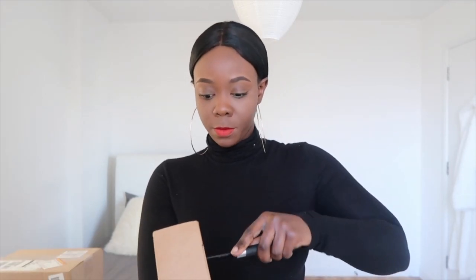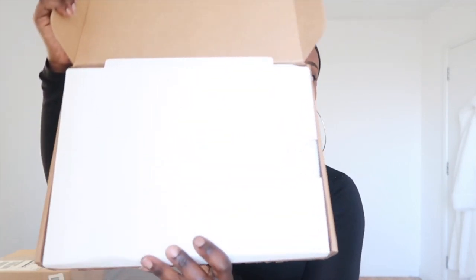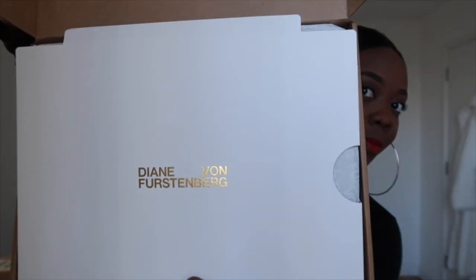Right, so that's the first box. So this is the first item. Just trying to figure out where I can cut it from and make life easier for myself. There we go. Oh, I'm supposed to be showing you guys. Right, so there, I don't know if you can see the name. There we go. So as you can obviously tell, it is a DVF product, Diane von Furstenberg, which I absolutely